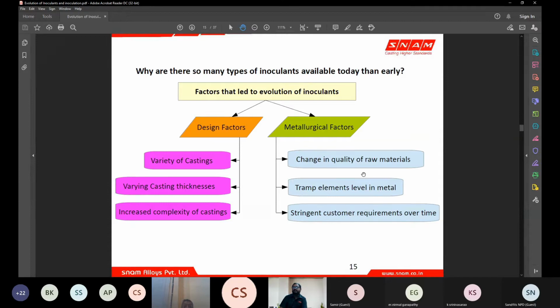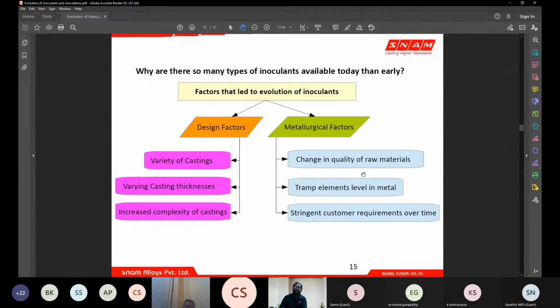Say, for example, a component being manufactured by a different route, like a forged or rolled component, is getting converted into casting. Generally, a forged component gets converted into a casting. When such a conversion happens, people try to get the final product immediately, in the as-cast stage. So the complexity of the casting increases, and when the complexity increases, the castings become prone to section sensitivity. So inoculants will have to ensure uniform properties over these complexities.